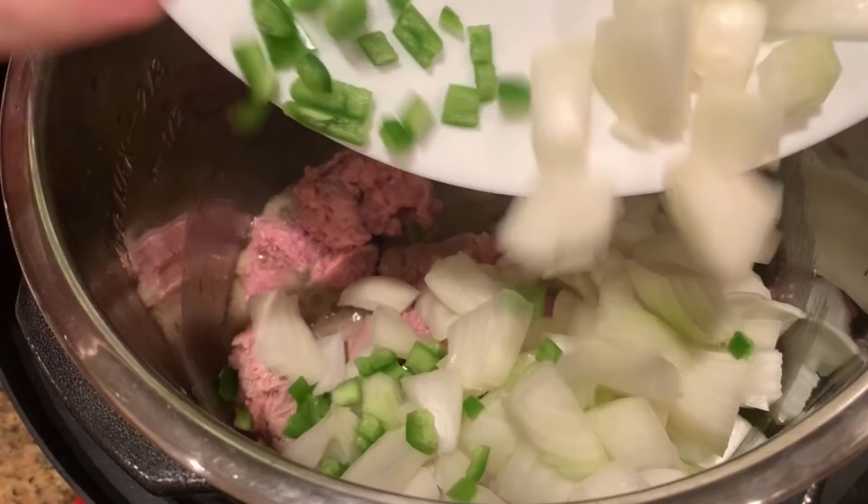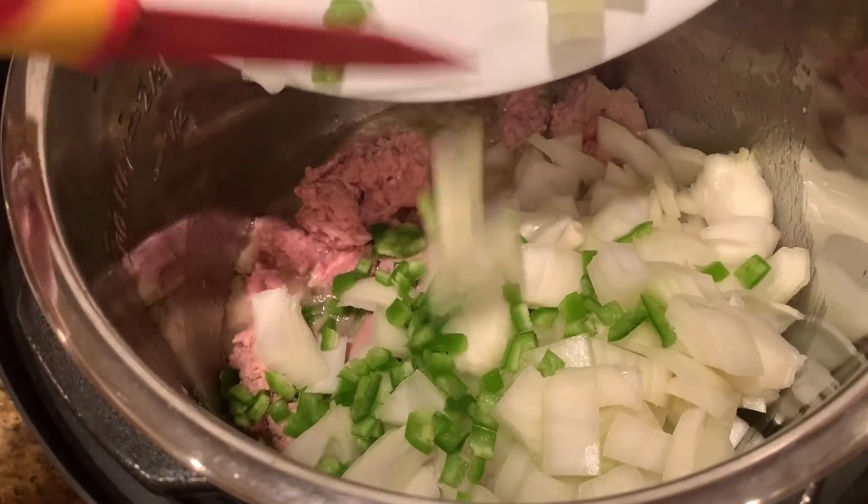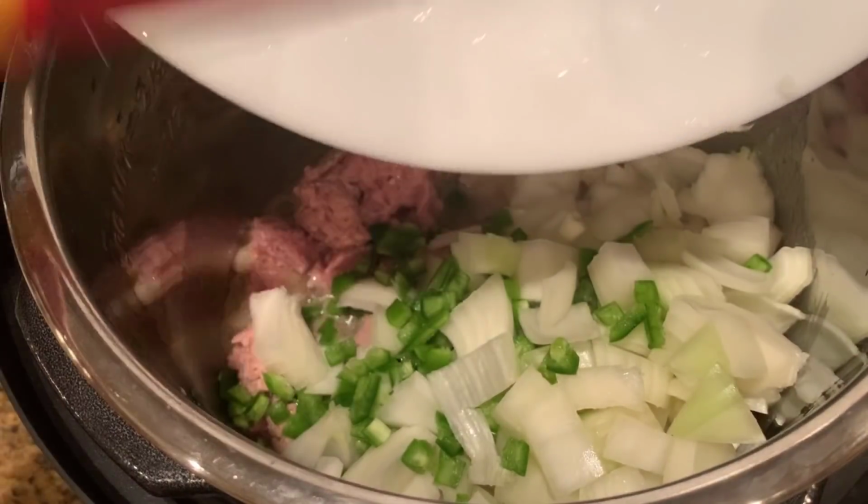The ingredients that take the longest to cook, put those in first, and then as time goes on, put in the faster cooking ingredients. I personally don't care, so I just put everything in there all at once, but yeah,